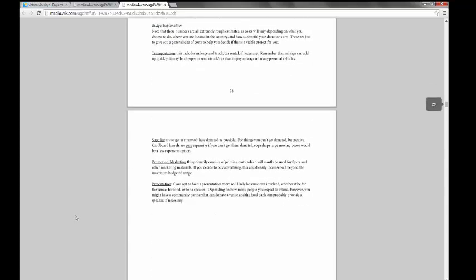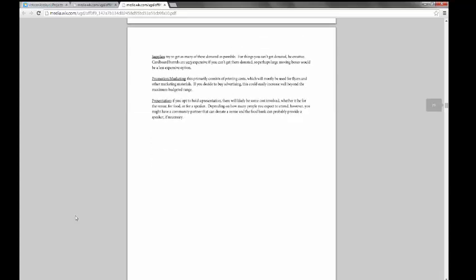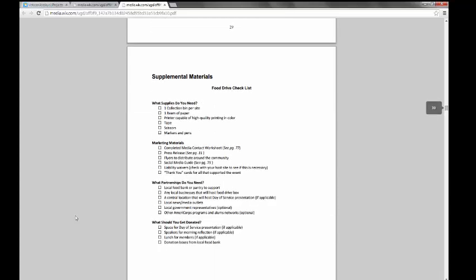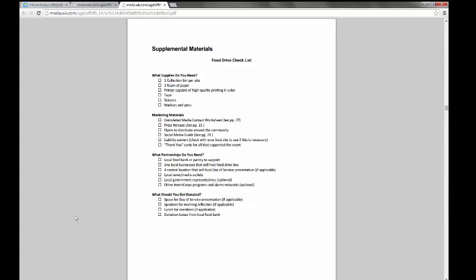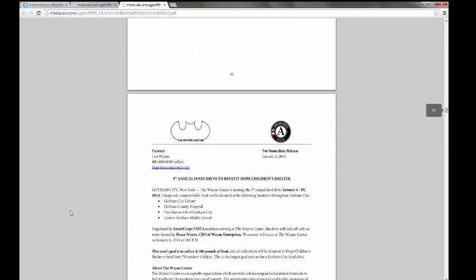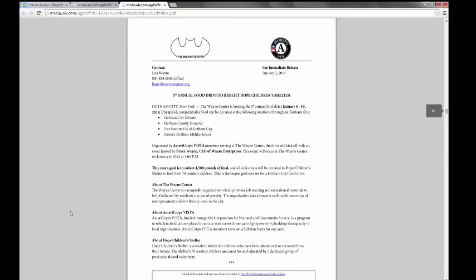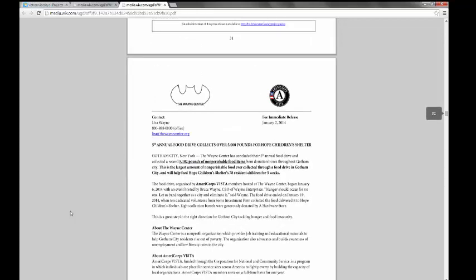So moving on to the next page, and probably the next page because we're looking at the supplemental materials next. Great, thanks. So first item in our supplemental materials is a checklist, and this is to help the project planner ensure that no important steps in this project are missed, and so that they can just cross things off as they get them done, which is great. And next we have a sample pre-event press release. And after this, we also have a sample post-event press release.